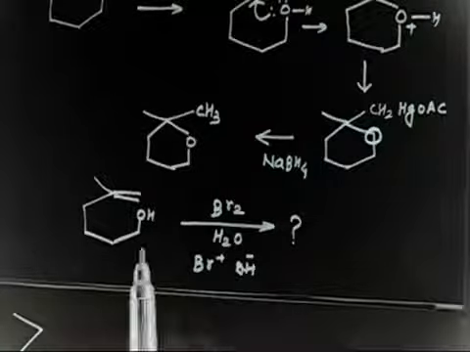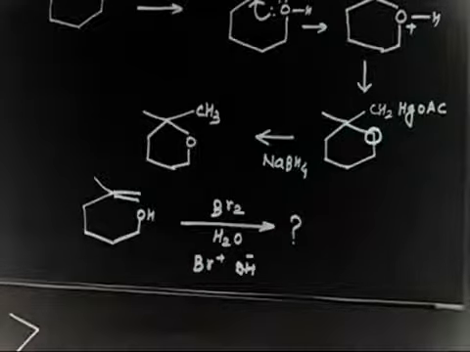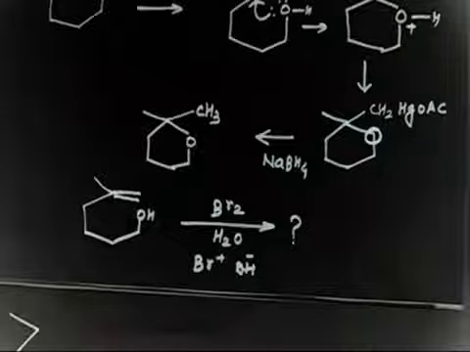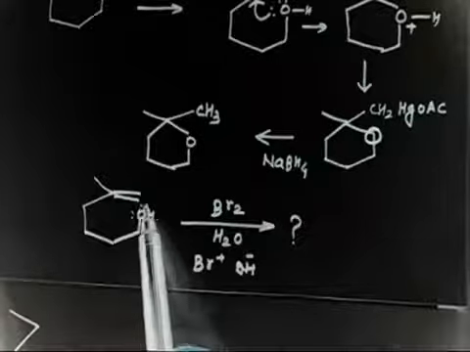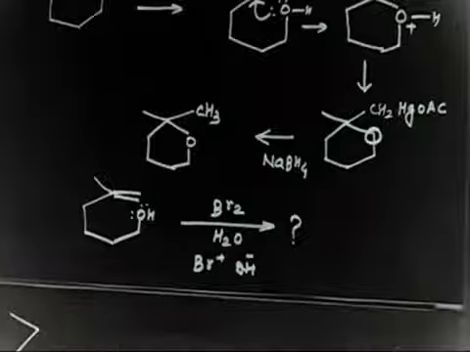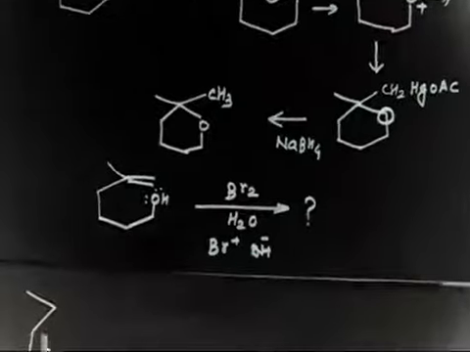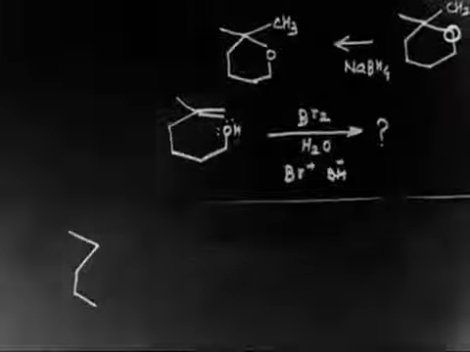And this time you can take this oxygen for attack also. That is enough hint. Because intramolecular reaction is always faster than intermolecular reaction. So in the second step you can attack this oxygen. I will give you a hint. In the second step you attack this oxygen. So let me show you. So you have this compound. I think you have written this one.